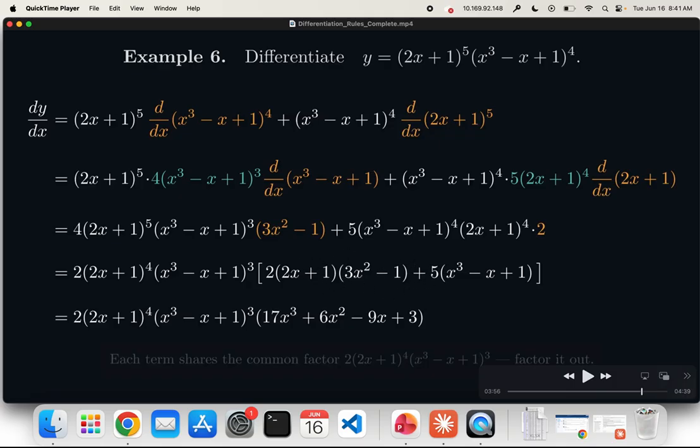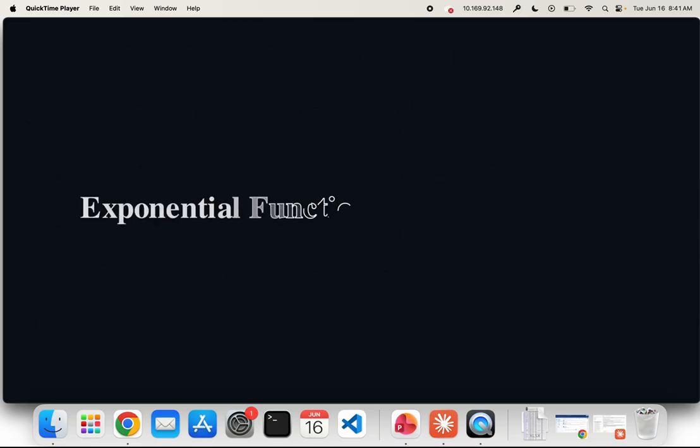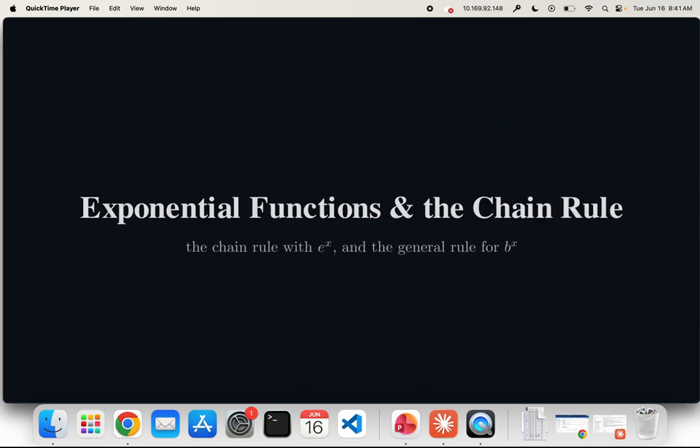So again, you distribute everything inside of here, then you get this term right here. And this is the common factor we pull out, and it stays the same there. And then this part right here is just simplifying this by distributing and combining like terms. Okay, and so